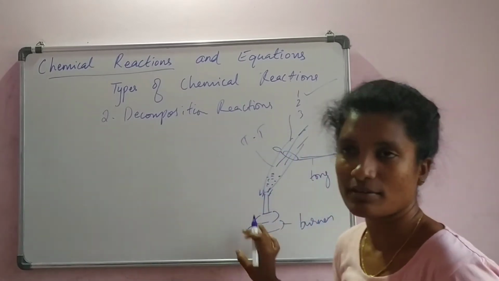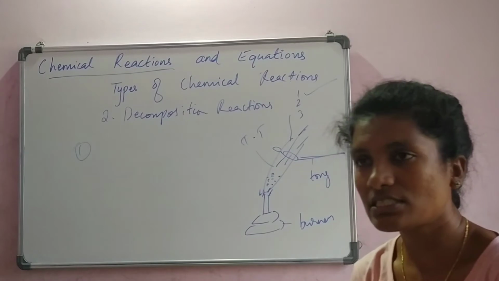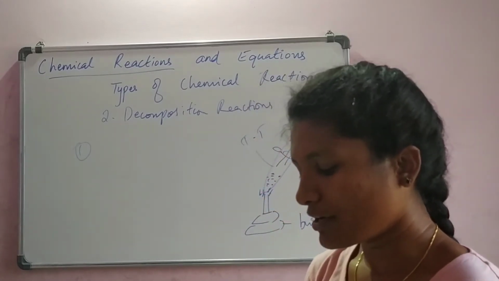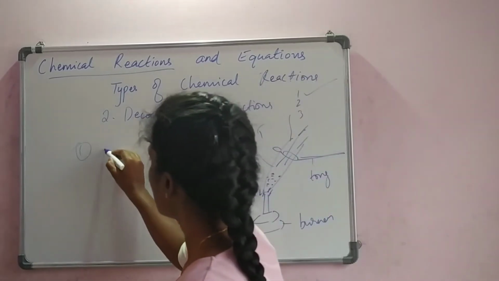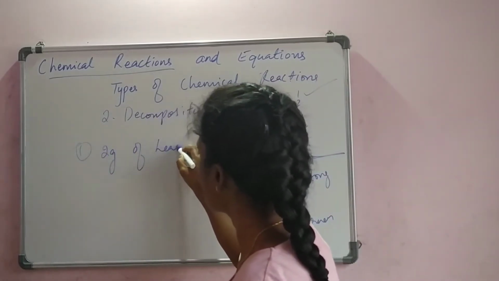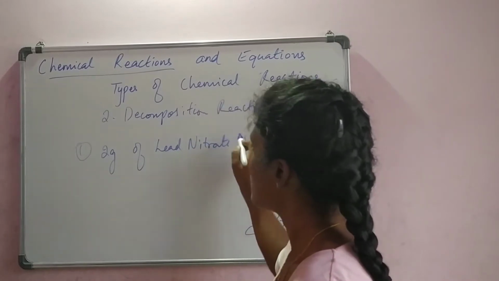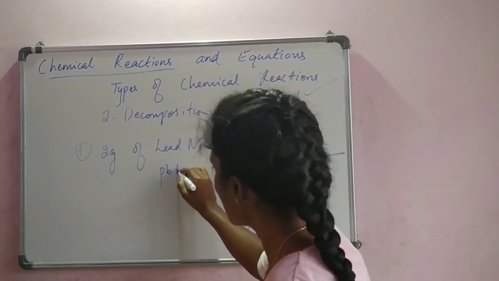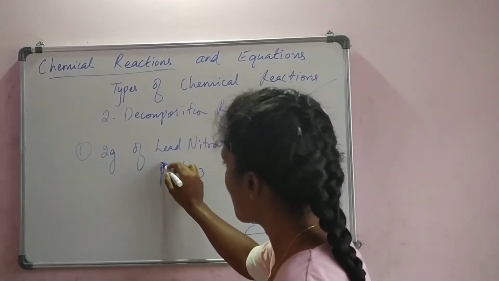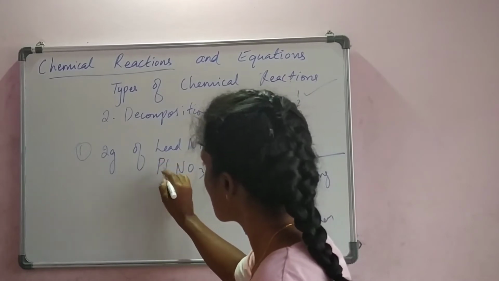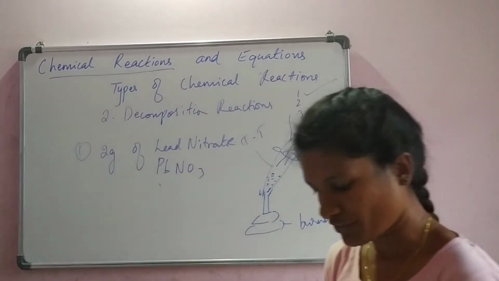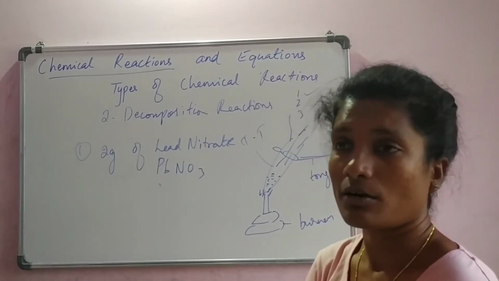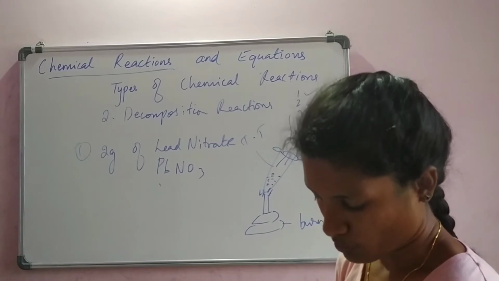Now I will list out what are the materials. We will take step by step. First step is take about 2 grams of lead nitrate powder in a boiling tube. We have to take 2 grams of lead nitrate. Guys, we have already learnt about lead nitrate, which is PbNO3. Okay, PbNO3, chemical formula of that. Now, this lead nitrate is taken in a clean test tube which doesn't contain any water or moisture.